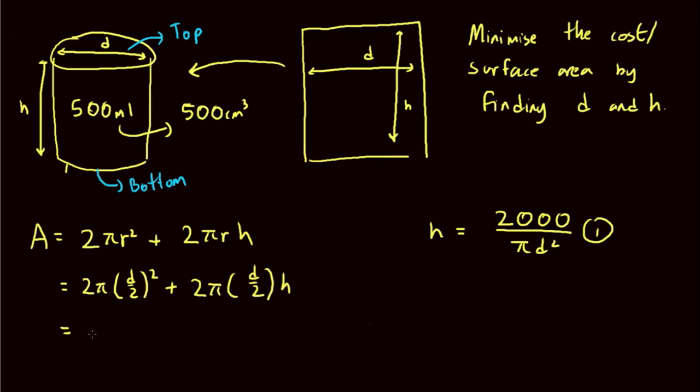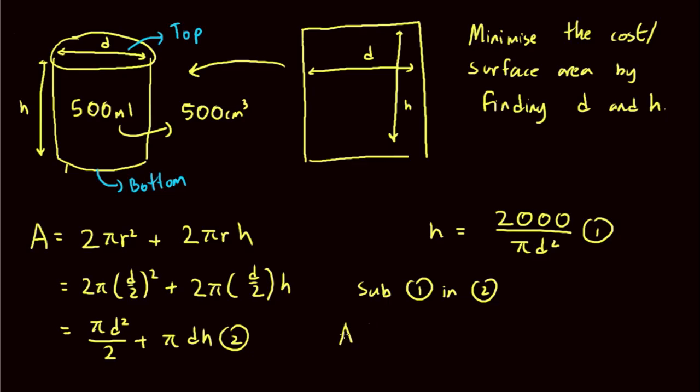Of course this leads to pi d square over 2 plus pi dh. So this is equation 2. And if I substitute 1 in 2, what we'll end up having is that our surface area equation will become